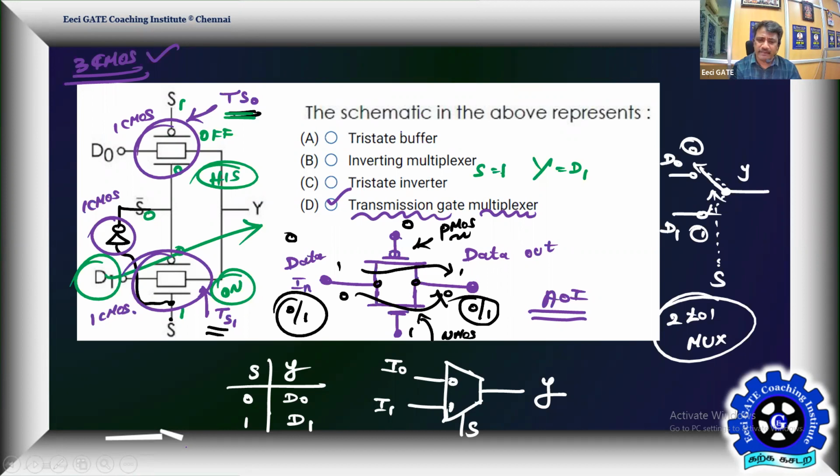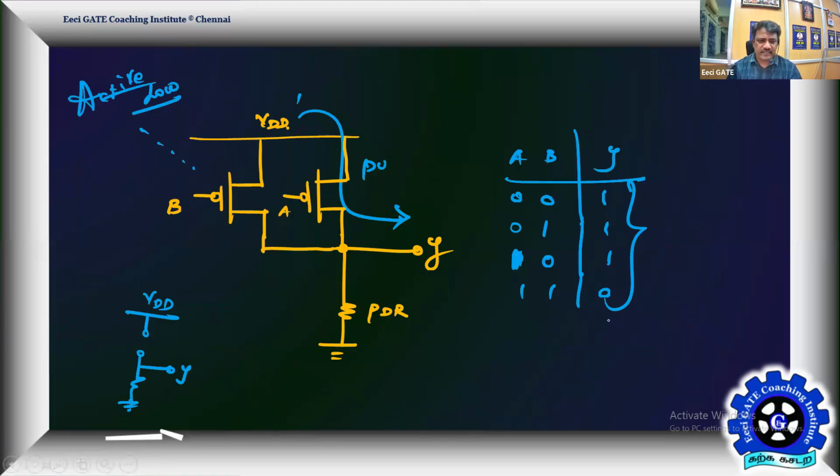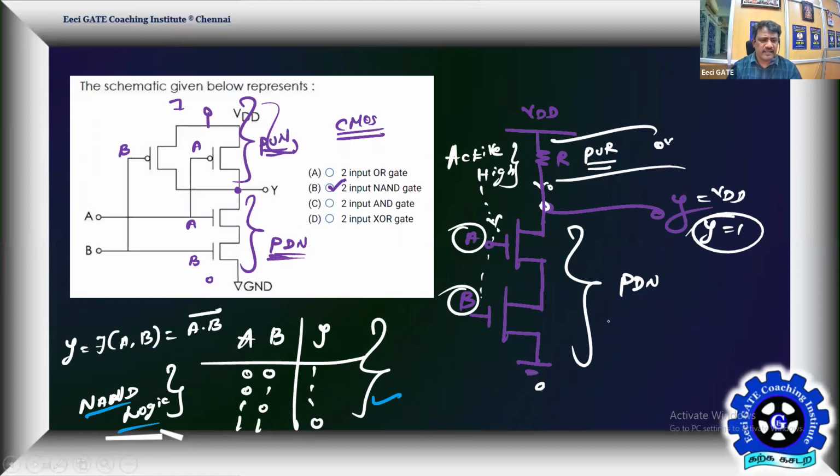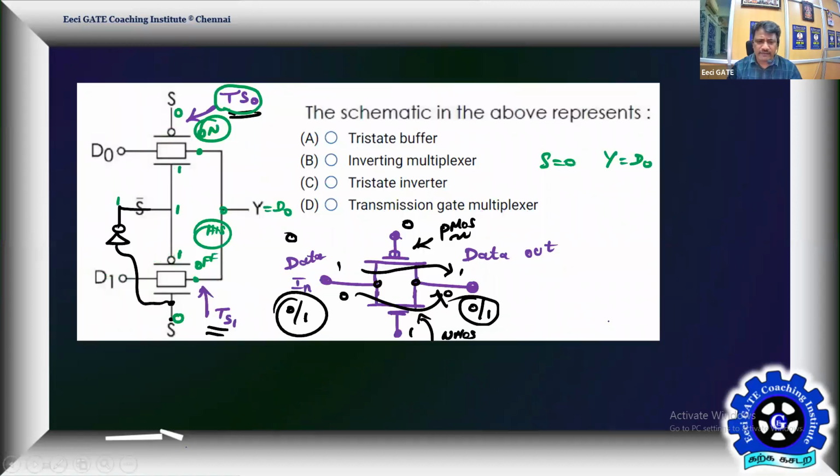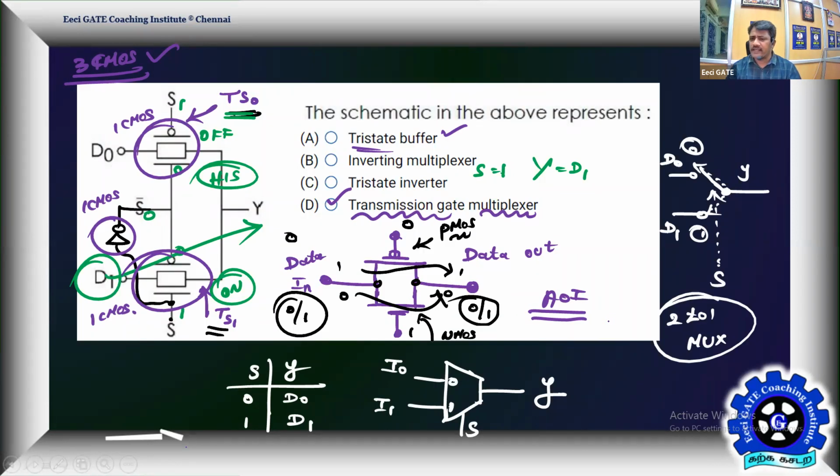So a tri-state buffer is implemented by using transmission gates only. That is going to involve one transmission gate and one NOT gate. One transmission gate and one NOT gate will make a tri-state buffer. It is going to pass the data as it is if it is enabled. If it is not enabled, it is going to be in high impedance state. Yes, that's the logic. That's another interesting problem in digital. So two problems we have discussed, both a function of PMOS and NMOS. One, a 2 input logic gate, another one a 2 input mux, and output is connected to any one of the 2 inputs.